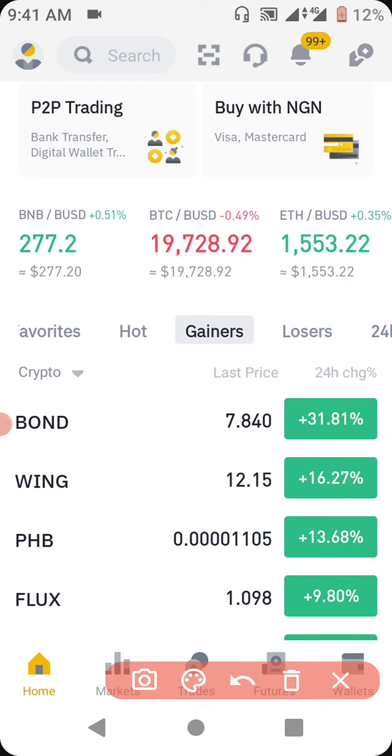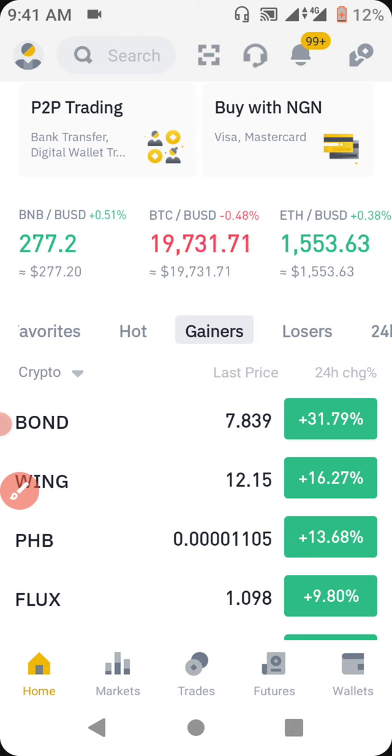We just use resistance because we are dealing with an uptrend. So the first resistance is likely to be touched before moving higher to touch the second one. So with that, you see that you gained more than 16% of your amount,